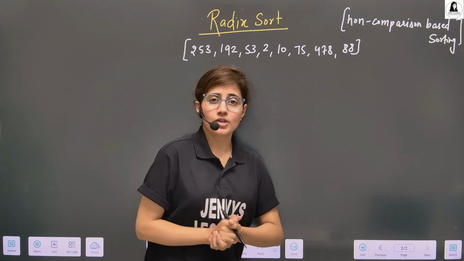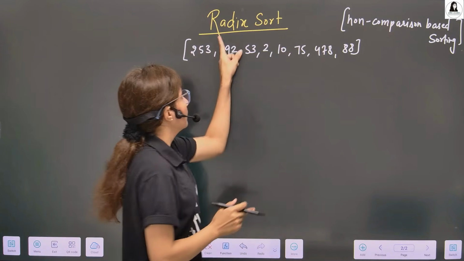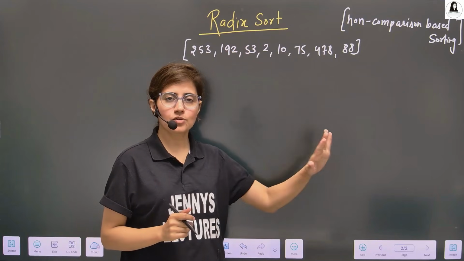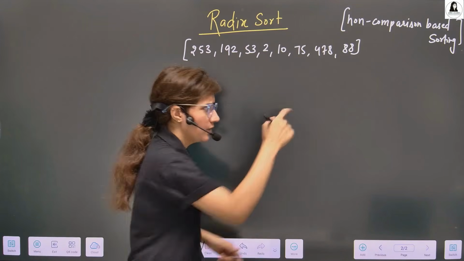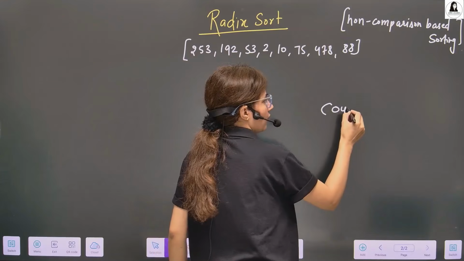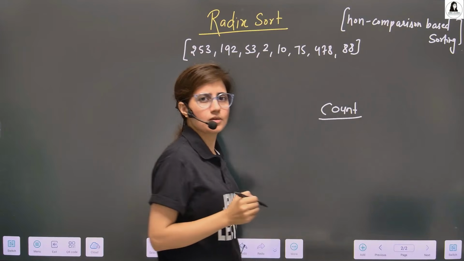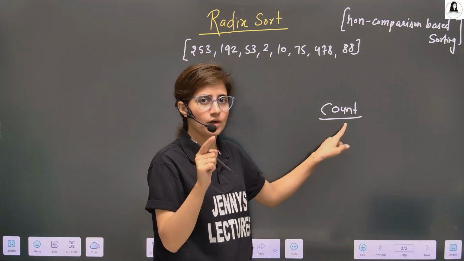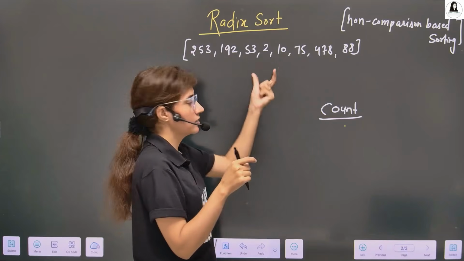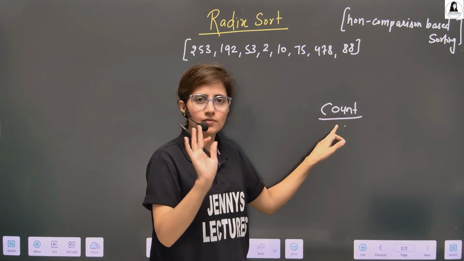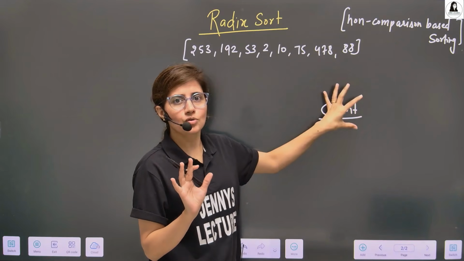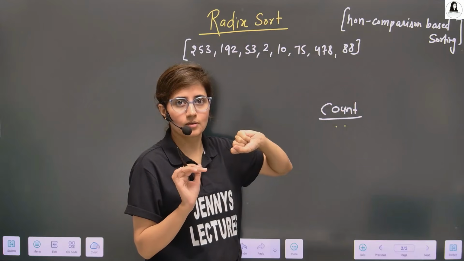So let's see one more type of sorting algorithm, that is radix sort. Now we have seen all the comparison based sorting, and in the previous lecture we have seen one sort, counting or count sort. This is non comparison based sorting. We don't actually compare these elements. You know what count sort is because we have discussed this. This count sort internally will be used in this sorting.